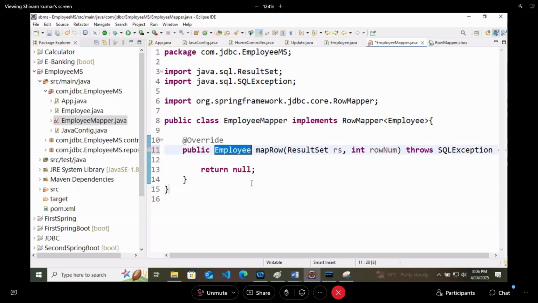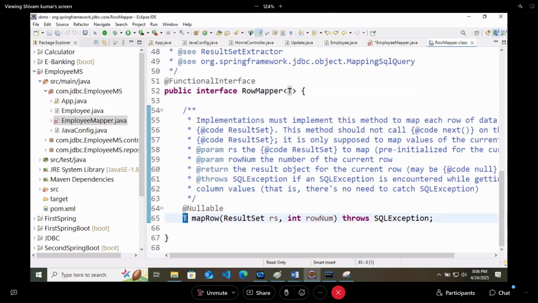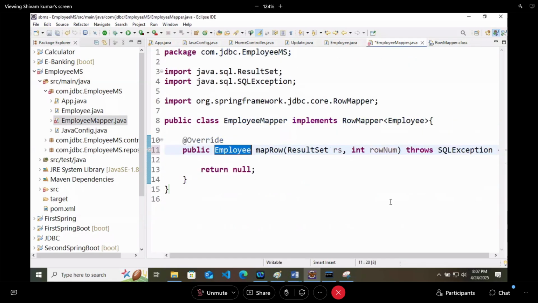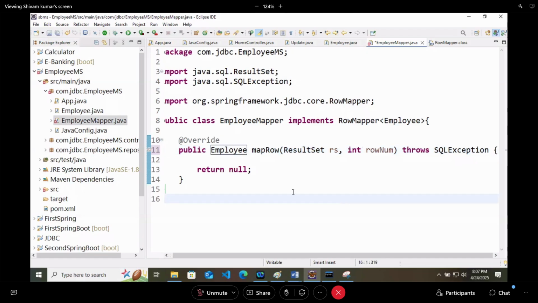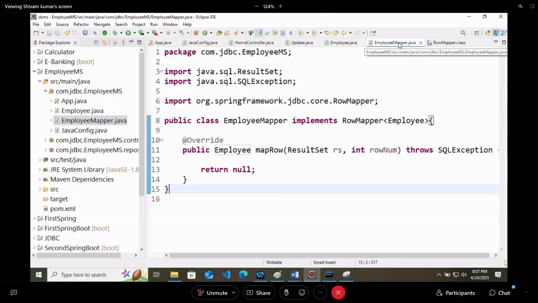So this particular part will return employee now. Employee mapRow, right? Understood or not? Because this method you are using for returning employees, so it is returning employees now. So here we have created this employee mapper. Very good.